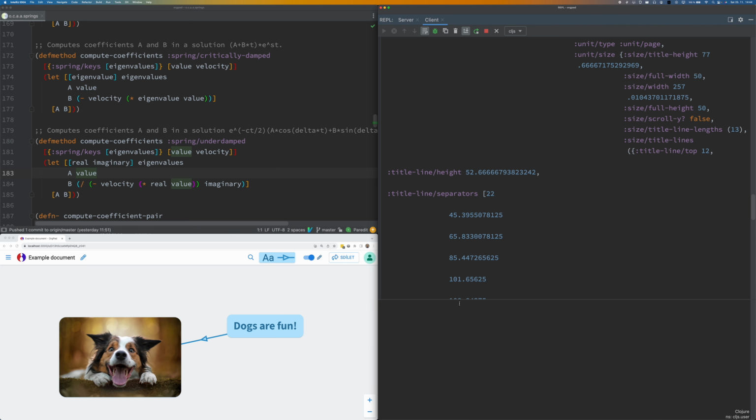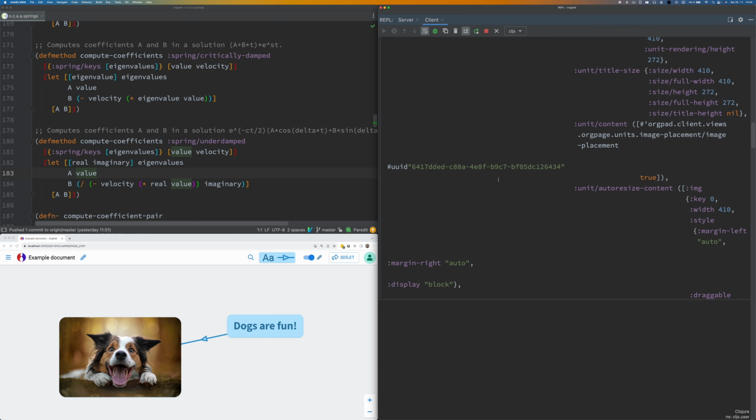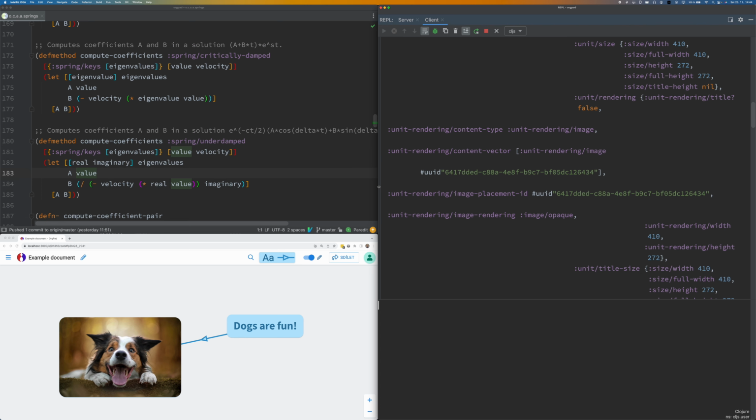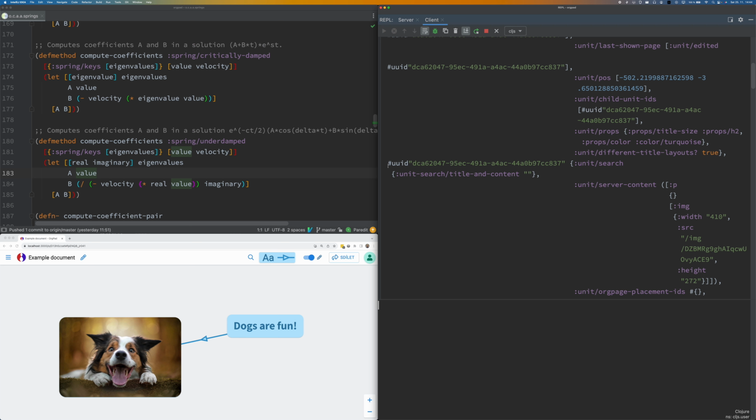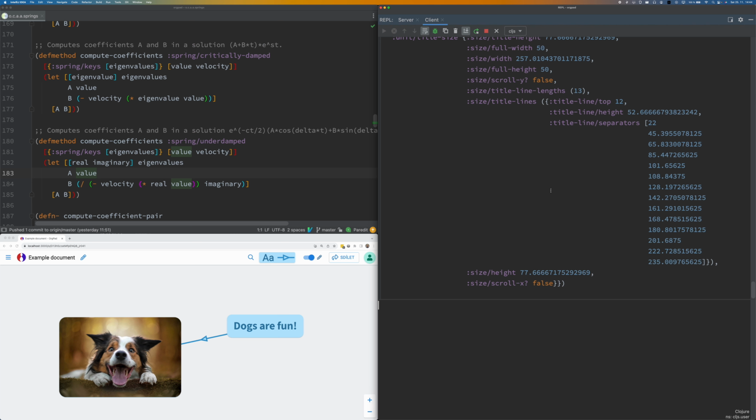It's actually quite complicated, but basically it's a map where keys are unit IDs, and then there is a map describing each particular unit. Let's just display the interior stuff, so it's a little bit easier.